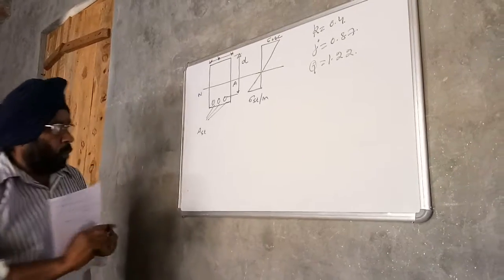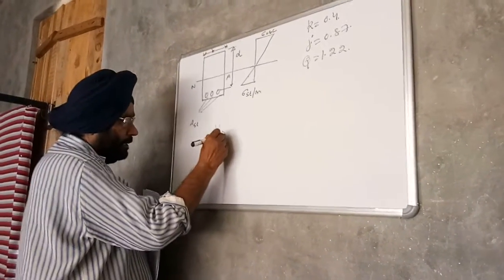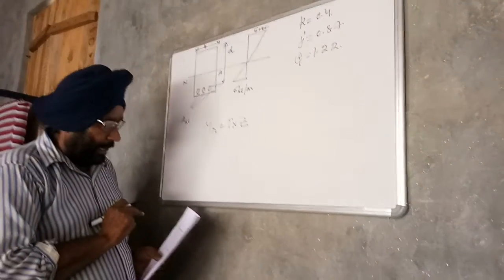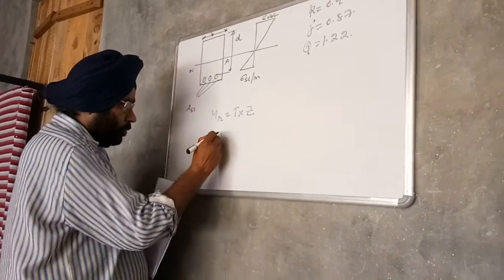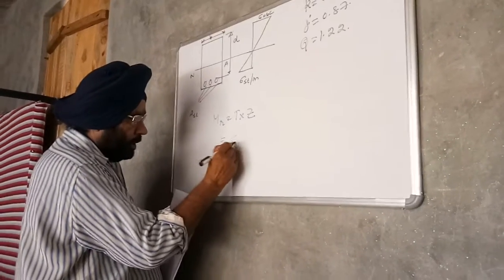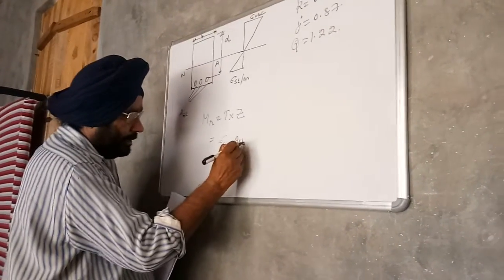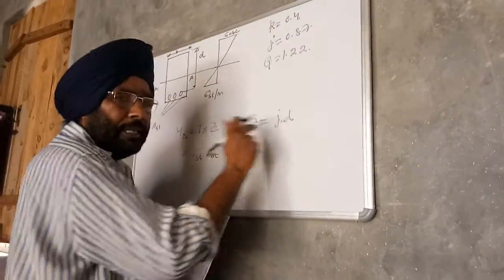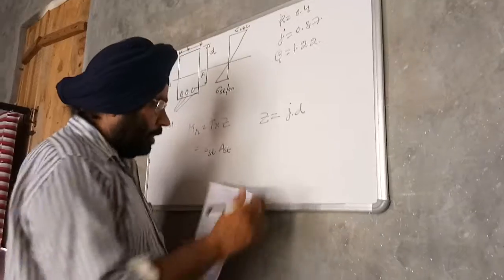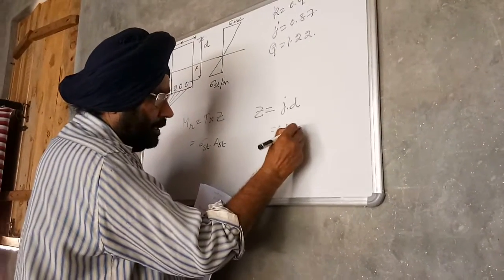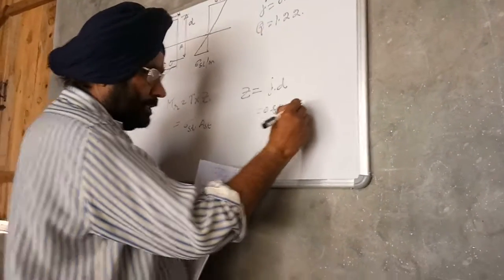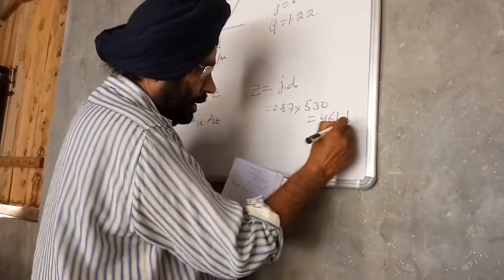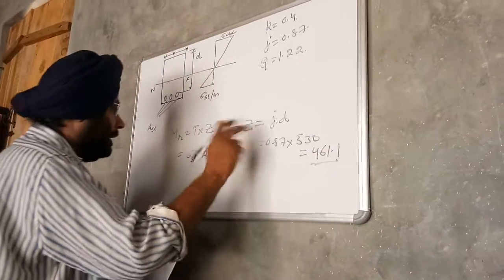So we know the moment of resistance of the section is T into Z, where T is the total tensile force and Z is the lever arm. The total tensile force T is equal to sigma ST into AST. Z is the lever arm, equal to J into D, where J is the lever arm constant with a value of 0.87, and D is 530, and the value of Z is 461.6. So put this value of Z in this equation,